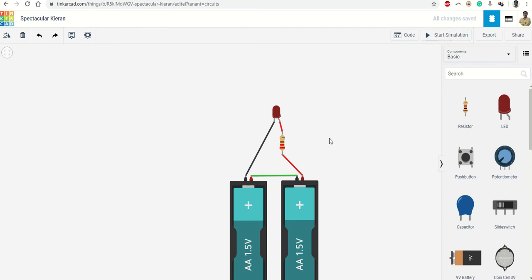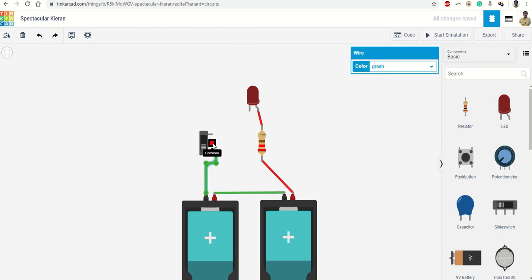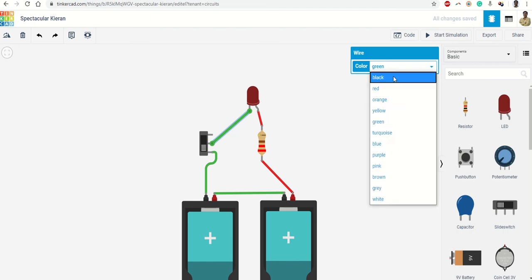So what next? Okay, so let us bring in a switch. So I drag a switch. Now the terminals are on the down side. I want them on the left or right side. You can click on rotate or press R button. I want to insert this switch here. So I'll break this wire. Take this wire and connect it here and take the central pin to the LED and we give them black color.